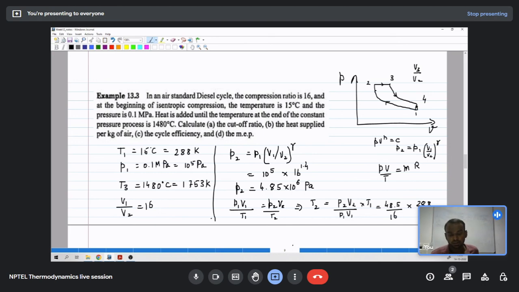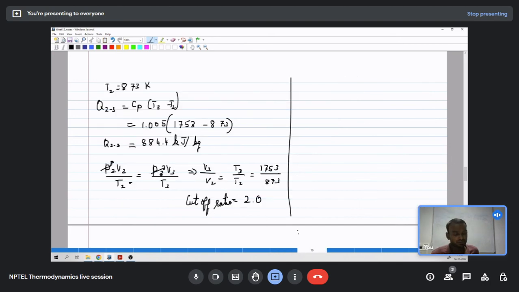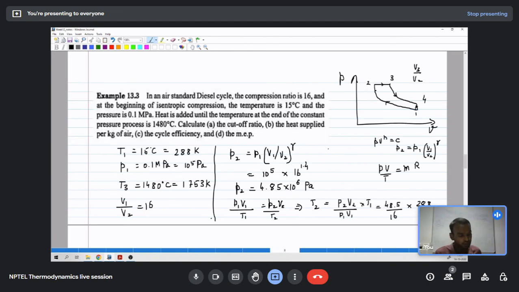Now we need to calculate the cycle efficiency. So cycle efficiency is work output, net work, divided by heat supplied. Since I am out of time, I will just explain how to calculate this. To calculate the net work output, we can calculate the